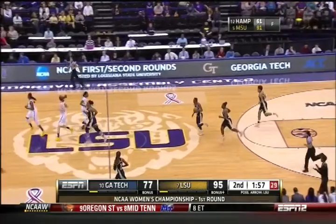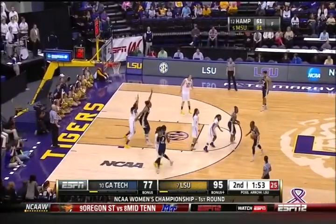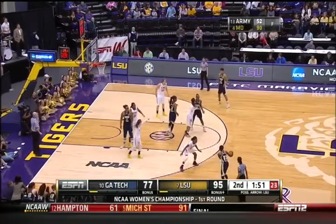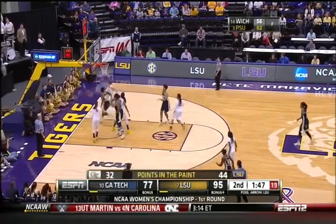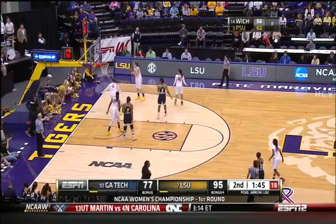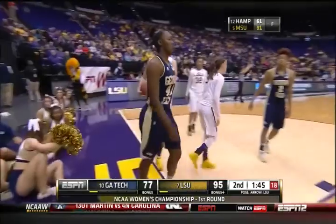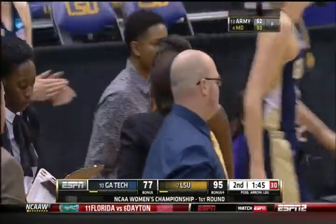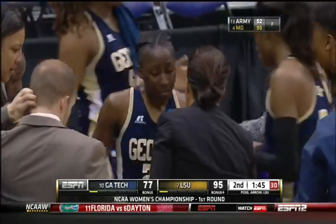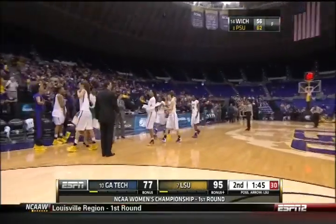Plaisance has been showing off her variety of post moves today. Wallace off on the three. And you can tell Georgia Tech trying all they can to get baskets, but they're settling again for